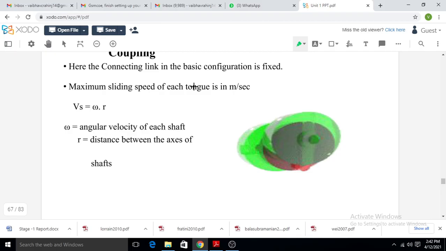Now we saw the examples of the single slider crank mechanism. The first example is the reciprocating beam engine or reciprocating engine. Then the oscillating cylinder is another example of the single slider crank mechanism. The crank and slotted lever mechanism is another example. Rotary engine, Whitworth quick return mechanism, hand pump, rotary engine. These are examples of the single slider crank mechanism.